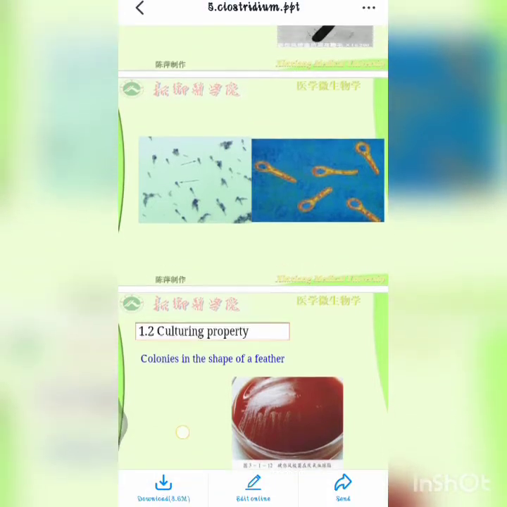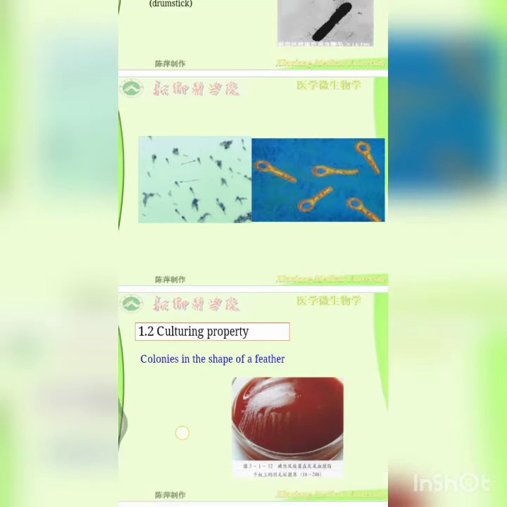They are like large filaments and are motile by peritrichous flagellae. Peritrichous, if you remember, means flagella all over the body, except in type 6, because type 6 is non-flagellated. We are going to see what the types are. They are classified according to serological types, and they are non-capsulated. If you see, there is no capsule on it, and they are sporing. The spore is formed terminally, as a spherical bulge, and the spore gives a drumstick appearance to the bacilli.